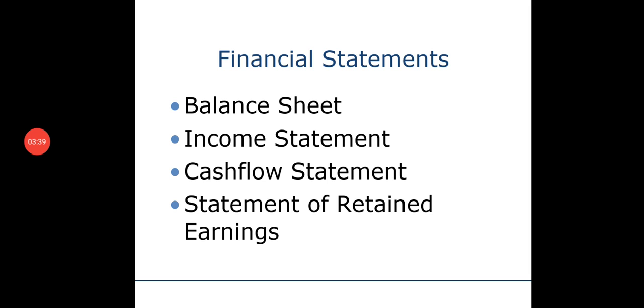Okay, the next is all about the financial statement. Here you can see the contents of the financial statement. In simple language, the financial statement is nothing but the balance sheet. There are a number of balance sheets; case studies were done on the bank balance sheet as well. There are a number of variables included in the bank balance sheet, and there are types of balance sheet. Next is the income statement, third is the cash flow statement, and the fourth is the statement of retained earnings. These are the several financial statements.